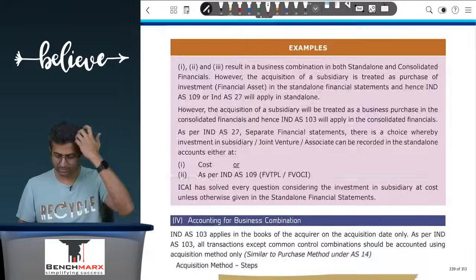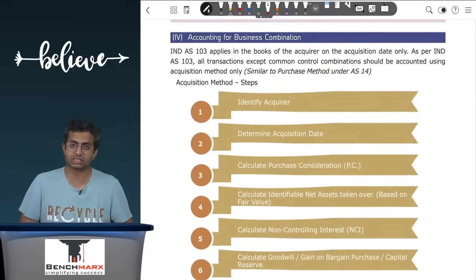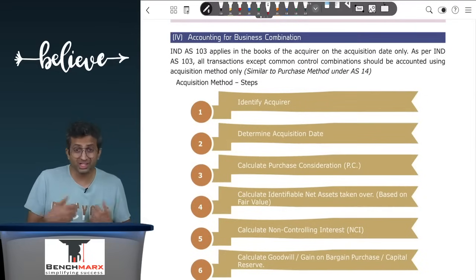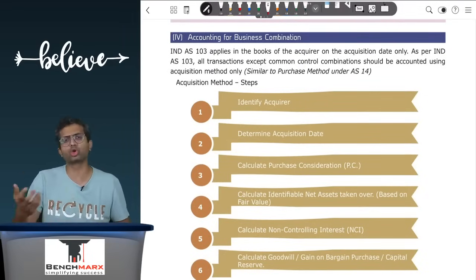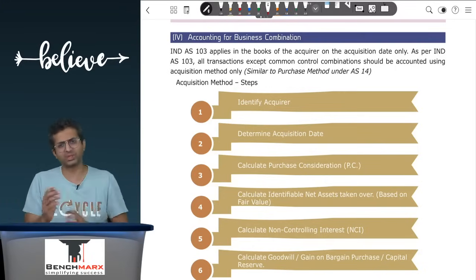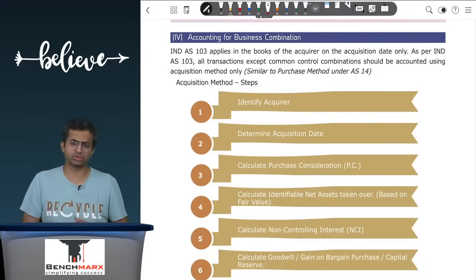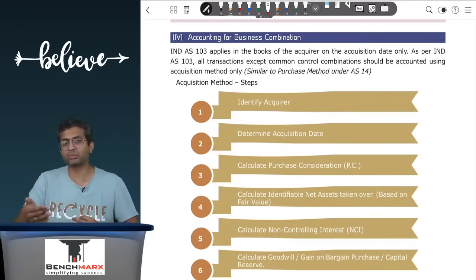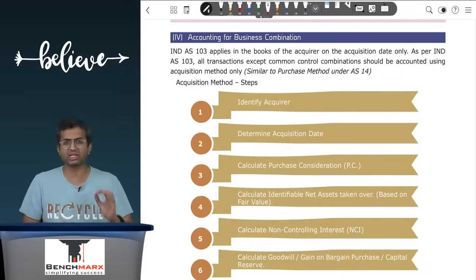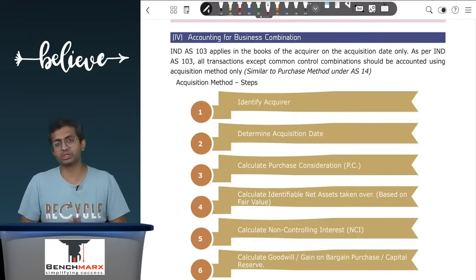Now, what are the steps when it comes to the accounting of business combinations? There are 6 steps. First is identifying the acquirer. This should be fairly straightforward. Acquirer represents usually the entity who acquires control over a business. Now, most of the times students misread this to be the person paying the PC. Usually, the person who pays the PC also usually acquires control. However, in certain special cases like reverse acquisitions, it may be possible that an entity paying the PC is not necessarily acquiring control. So basically, identifying the acquirer is the entity which acquires control post the business combination.